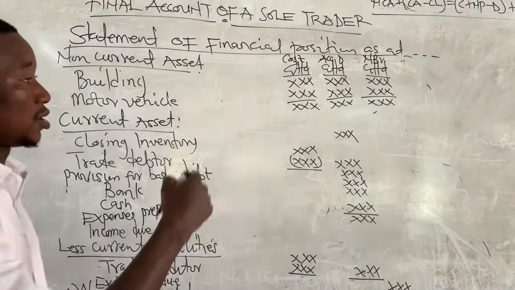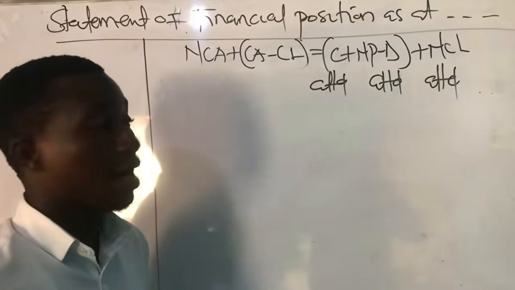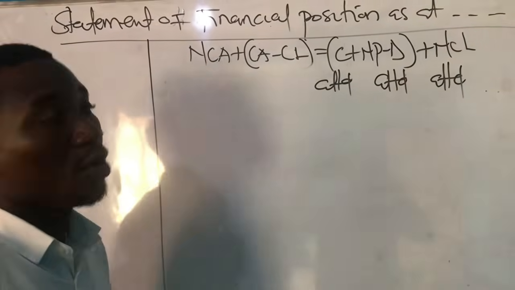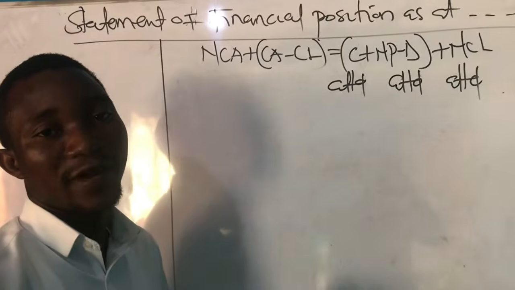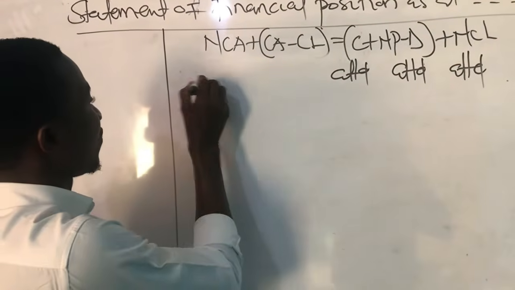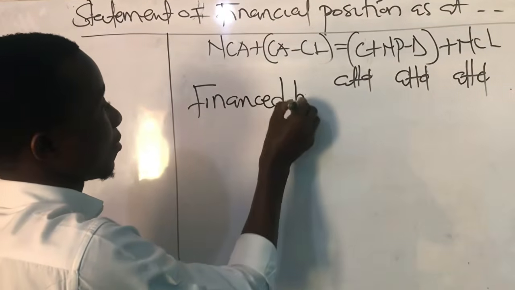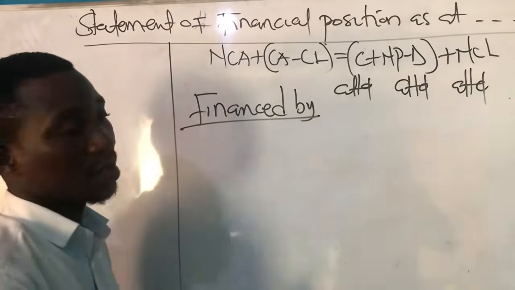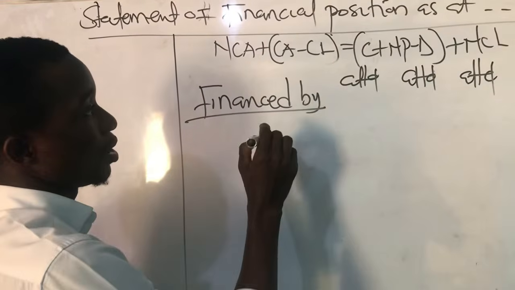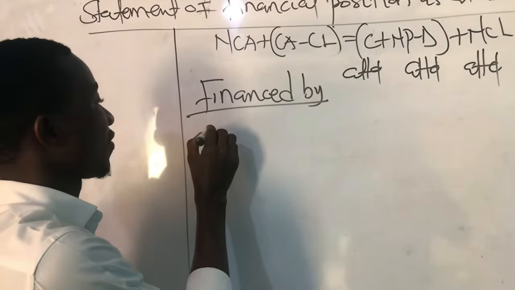So let me actually continue from here. As I said, I'll be continuing from here. We are going to look at how the sole trader finances his business. So we'll be looking at financed by, how he finances his business. So we are at this place, okay, the right hand side of the equation. So we have capital,